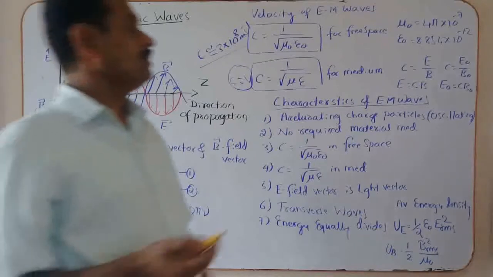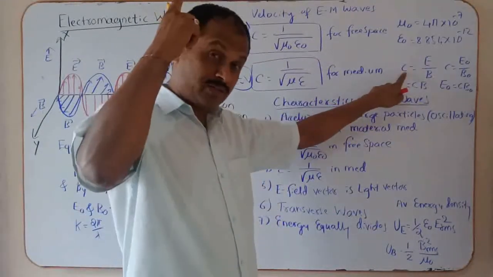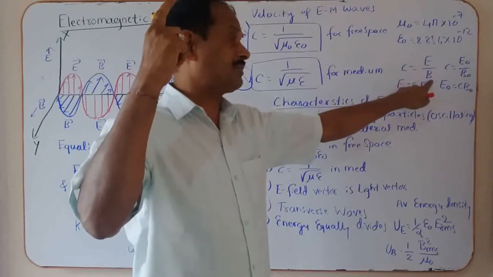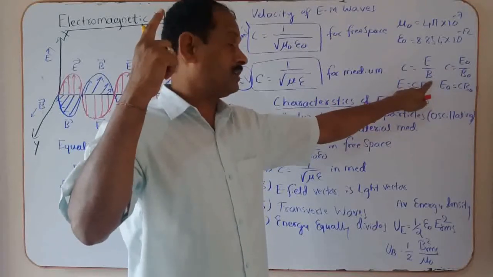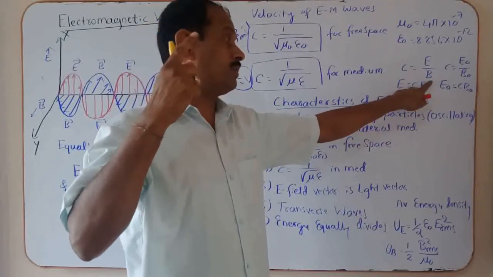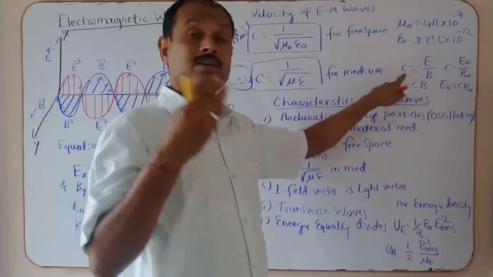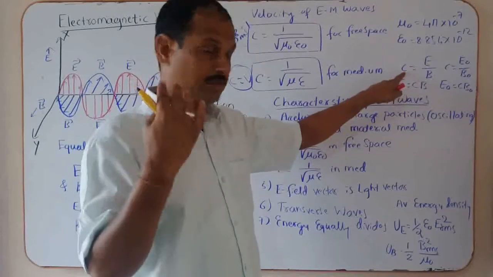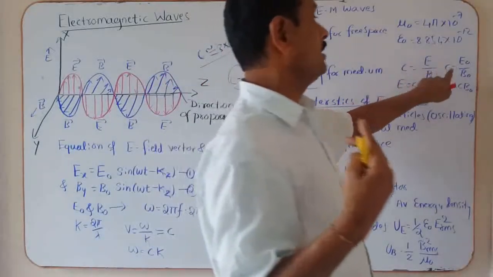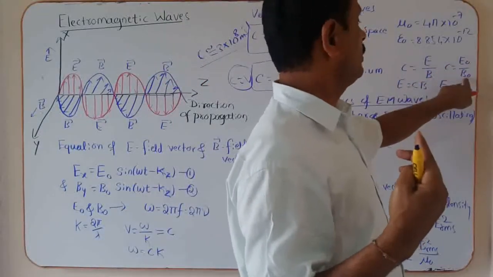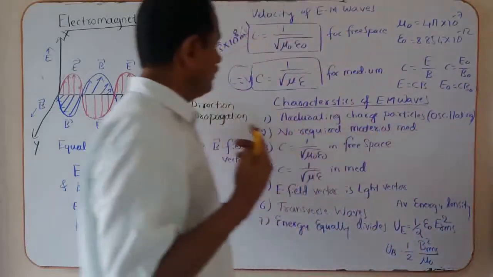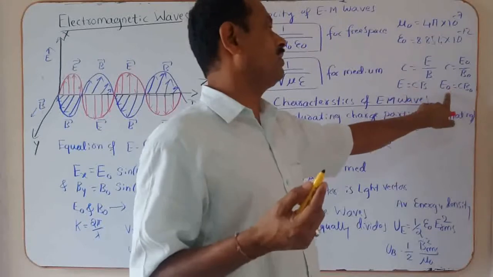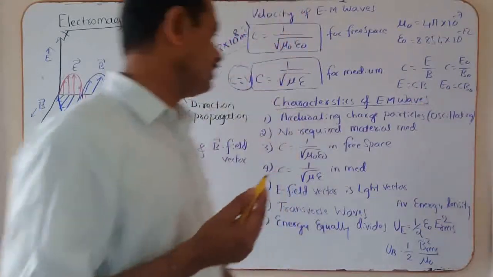Okay. Now c is equal to the ratio of the magnitude of the electric field to the magnitude of the magnetic field. It gives the velocity selector. Remember that point, c is equal to E naught divided by B naught. That also indicates the velocity of the electromagnetic wave. Then E is equal to C into B, E naught is equal to C into B naught.